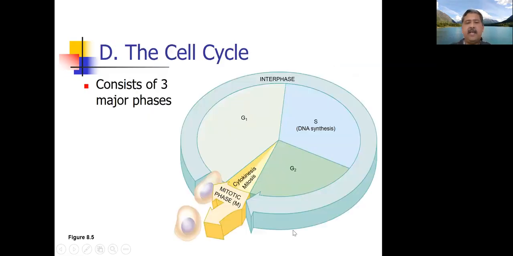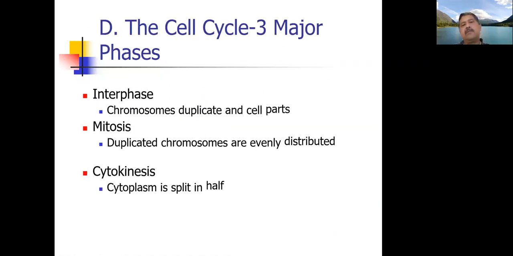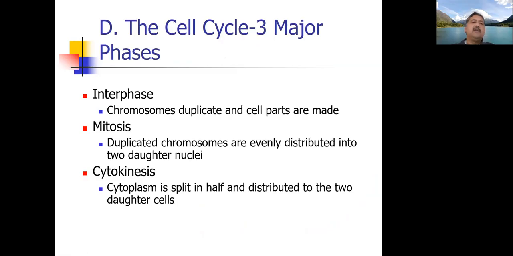So haploid and diploid. Now, the cell cycle consists of 3 major phases here. We have interphase, which is the longest phase of the cell cycle. Then we have mitosis, and we have cytokinesis. So we're going to take a look at each of those, but here are the major points of interphase, mitosis, and